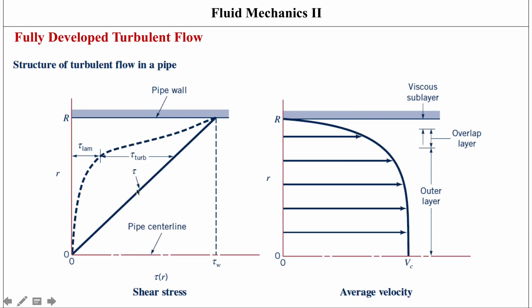But the basic understanding has been developed, and we're also going to look at the expression for this turbulent shear stress in some other kind of model, because the expression that we talked about here